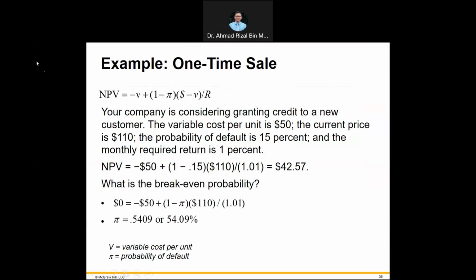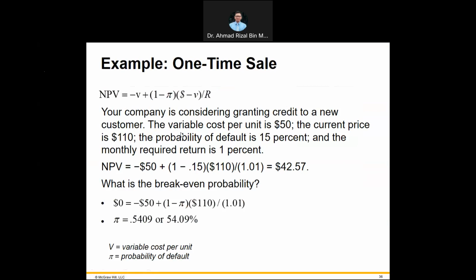transaction or issue. So the basic NPV formula would be this negative V here. V here refers to the variable cost per unit. The only relevant measure or item here is the incremental item. This is consistent with the incremental cash flow concept when we do capital budgeting. So that's why we don't look at the fixed cost, because fixed cost, no matter what, will still be there. No matter how many new customers come in, you will still incur that same level of fixed cost. That's why it is not incremental. But your variable cost per unit will change depending on the demand, on the number of customers or number of